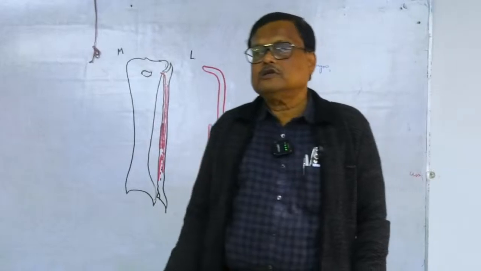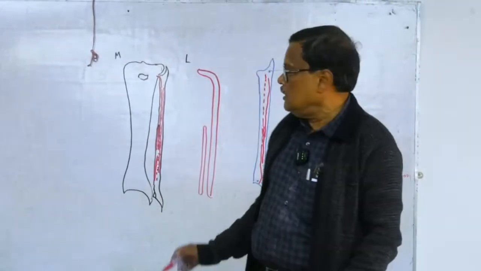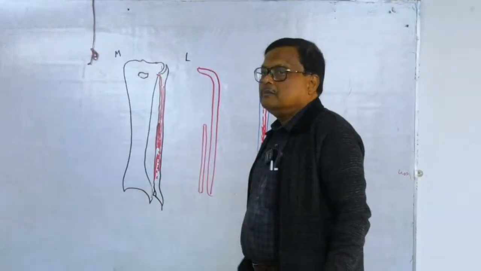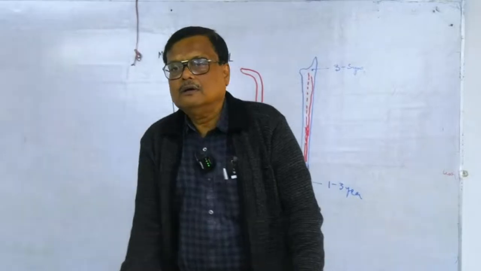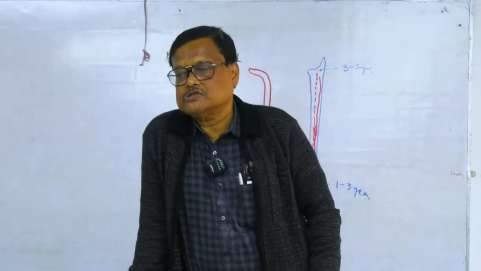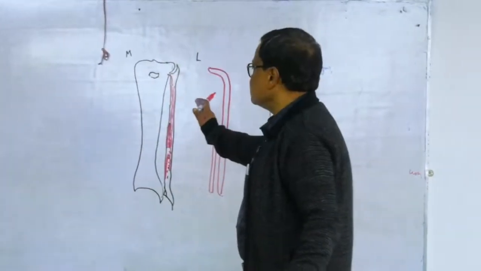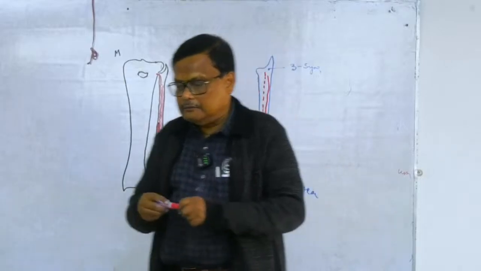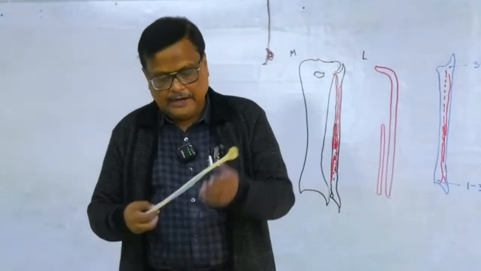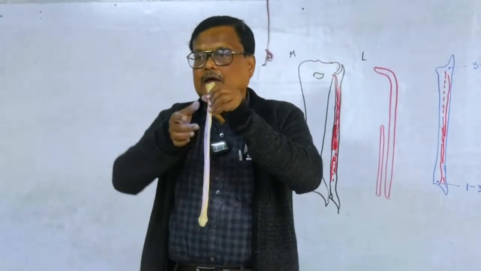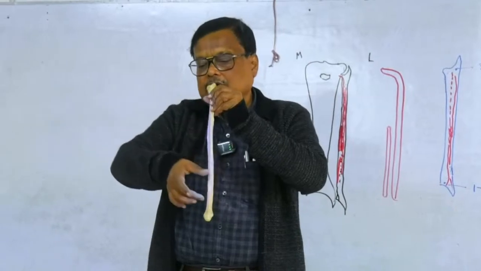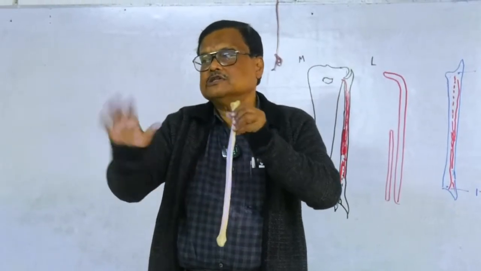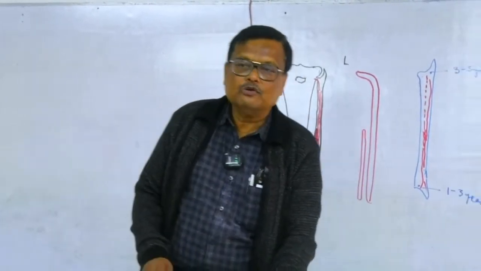EDL, extensor digitorum longus, extensor hallucis longus, and lower forte peroneus, কি বললাম, tertius, and lateral surface মানে কি, এই যে lateral surface, violet area, ওপরে peroneus longus, নিচে peroneus brevis, শেষ।